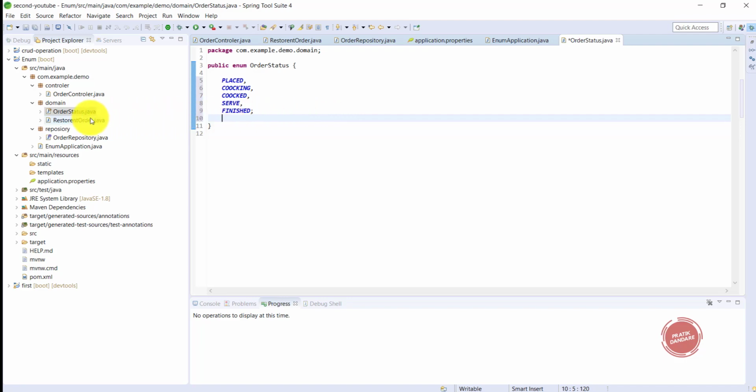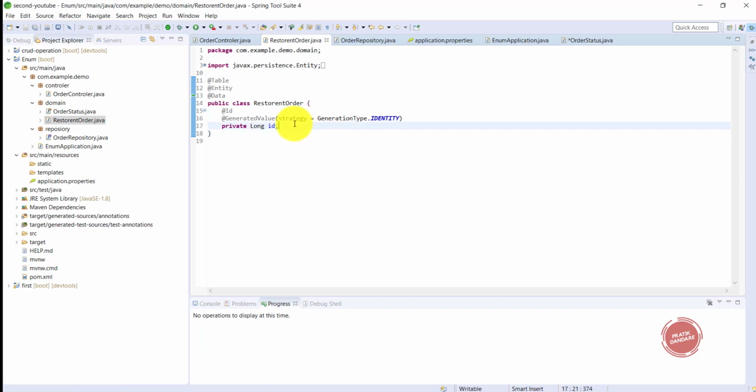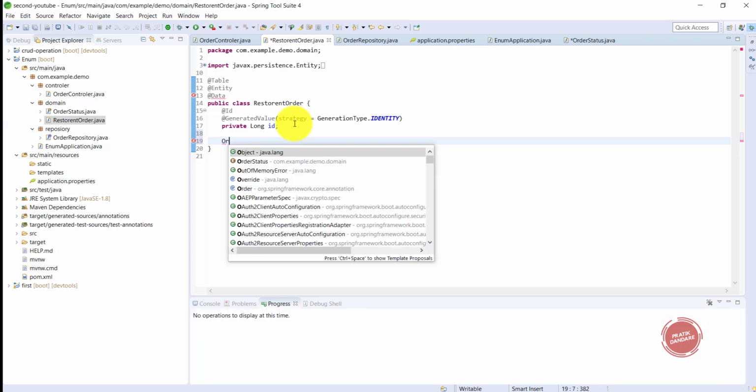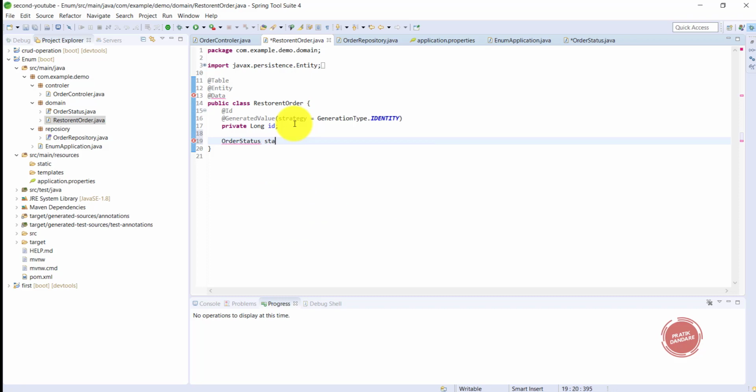For example, this is the restaurant order class, and we need to inject it. We can write it directly. For example, OrderStatus, so it's a status. I need to write private here.